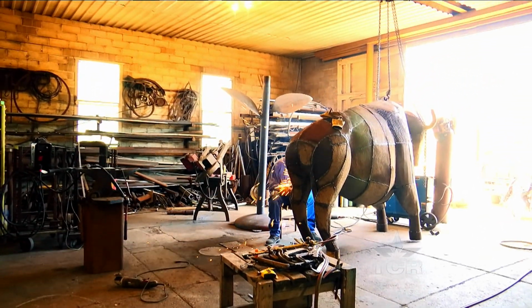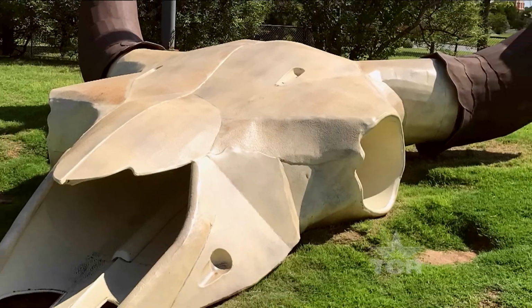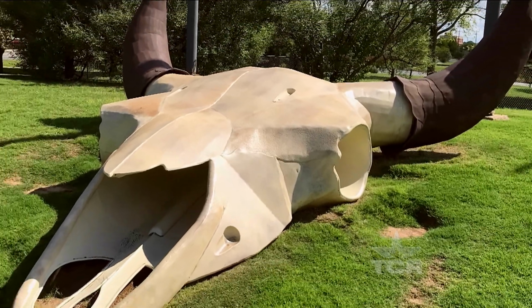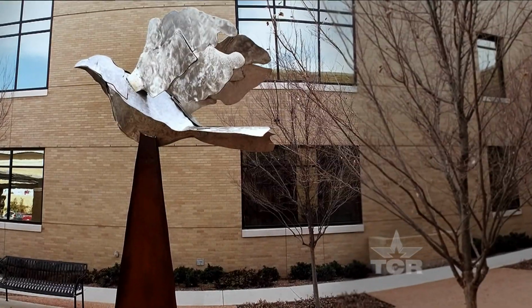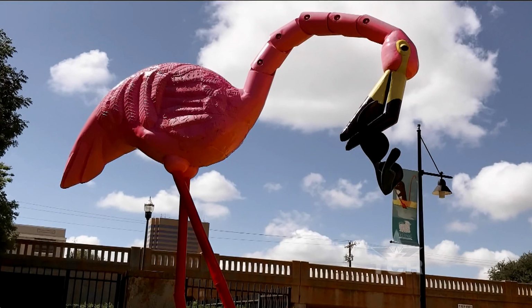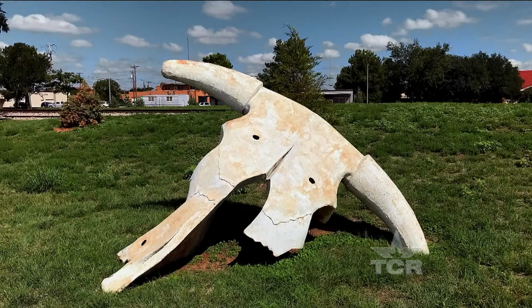I built a lot of animals, a lot of Texas animals. I've always kind of had an affinity for anything from the creek, like catfish, garfish. Got several sculptures in Abilene, got the big buffalo skull at Frontier, Texas, got a stainless steel dove at the Hendricks Hospital, got the flamingo downtown, which is one of the earliest pieces I did, bull skull on South First,